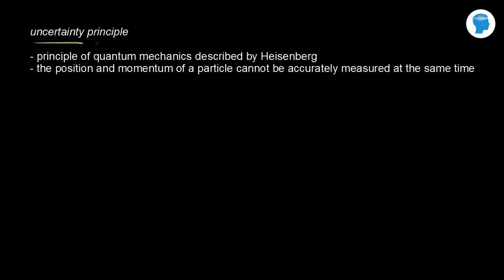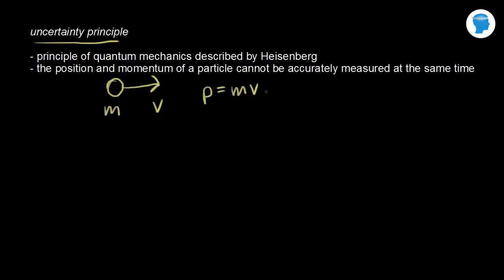Heisenberg uncertainty principle is a principle of quantum mechanics. And so if we take a particle, let's say we have a particle here of mass m moving with velocity v, the momentum of that particle, the linear momentum, is equal to the mass times the velocity. And according to the uncertainty principle, you can't know the position and the momentum of that particle accurately at the